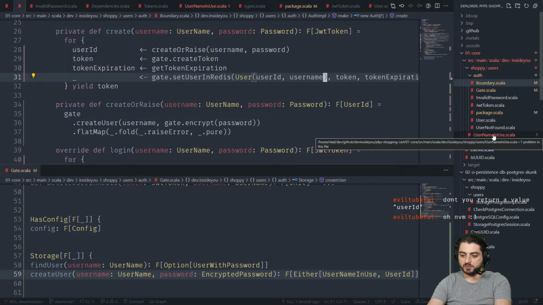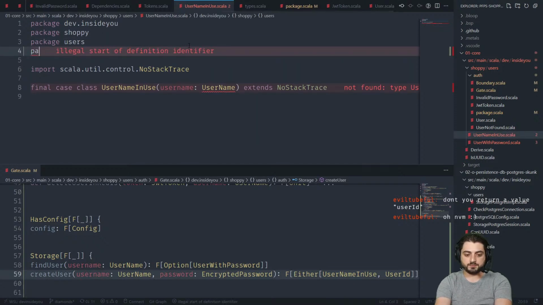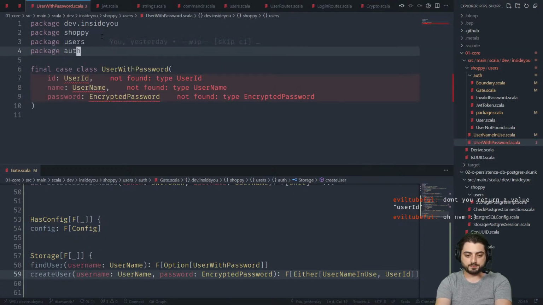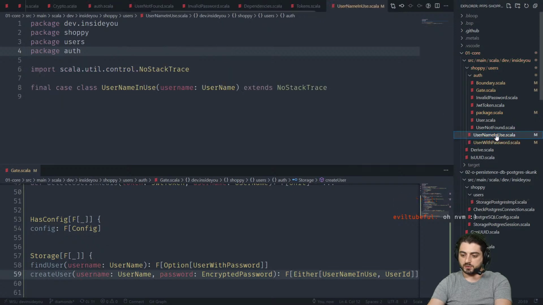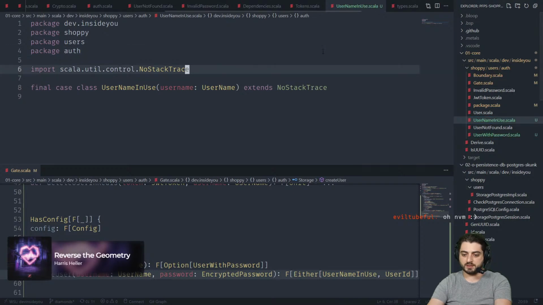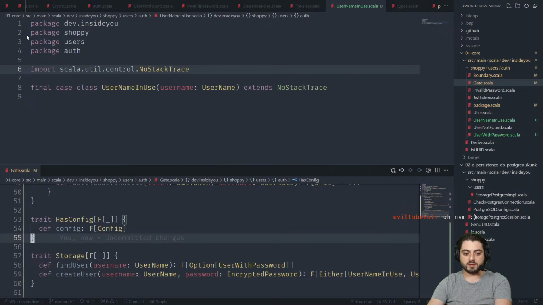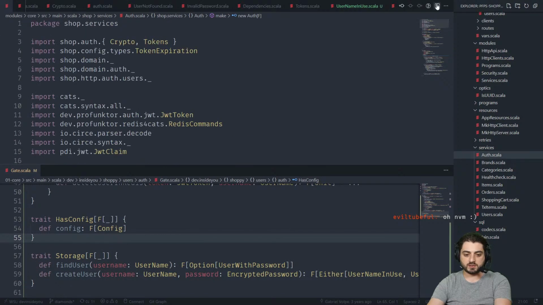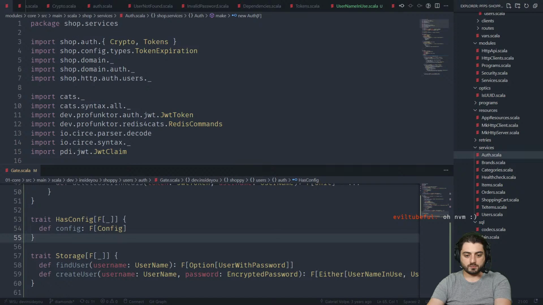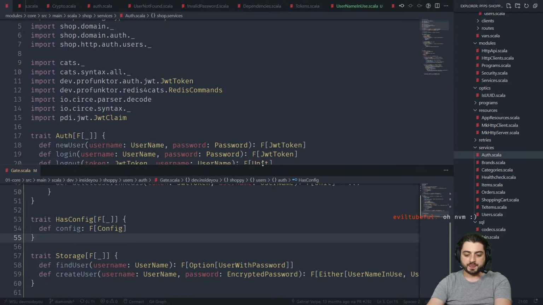And now username in use and user with password, they're both now lower. So it's now package auth. And this one is also package auth. Okay. And so now we can just grab two of them and throw them in there. Okay, and so now we don't have this users thing anymore. We just have auth. So all of this is now in users auth, which is pretty much exactly the same as Gabriel had it, right? So we had shop services. Well, okay, he split it a little bit differently as well. Anyway,